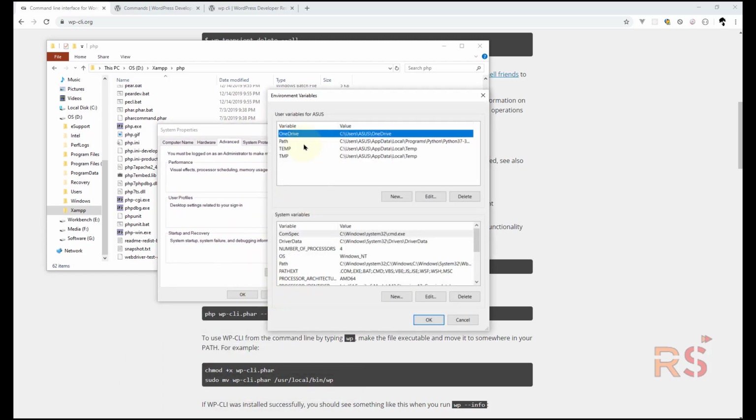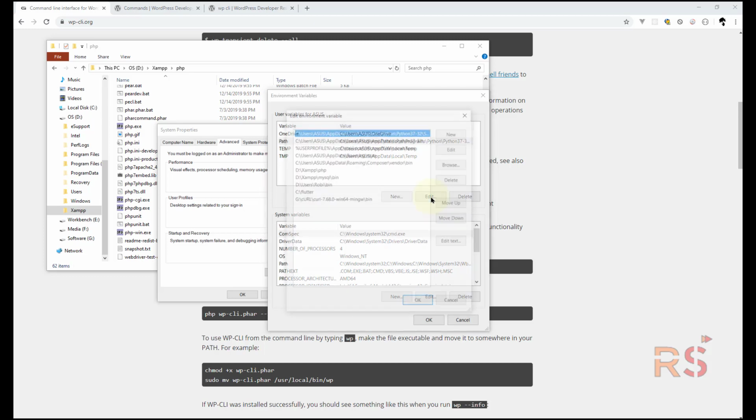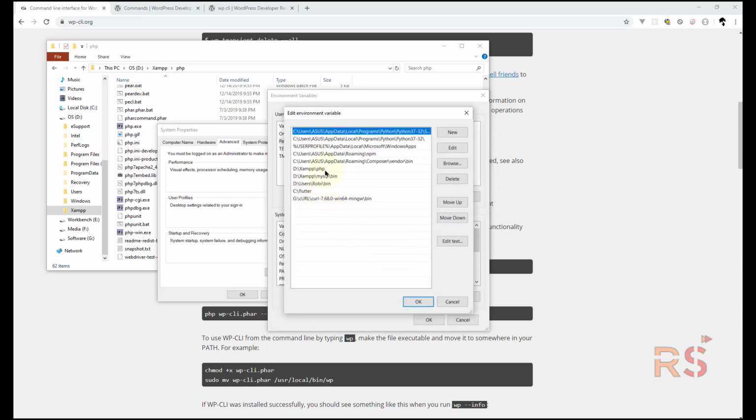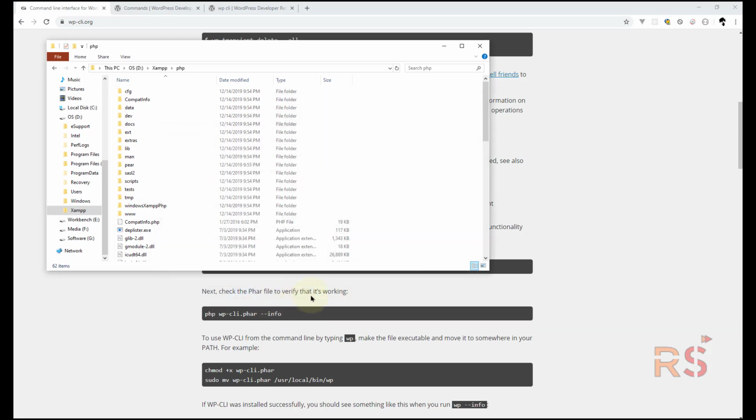Again go to environment variables, select Path, click on Edit and paste the PHP location here also. I already added it, as you can see. By doing this, we are now able to use PHP as a reference in CMD or PowerShell. So now we added the PHP and wp-cli locations in our environment variables, so we are ready to use wp-cli